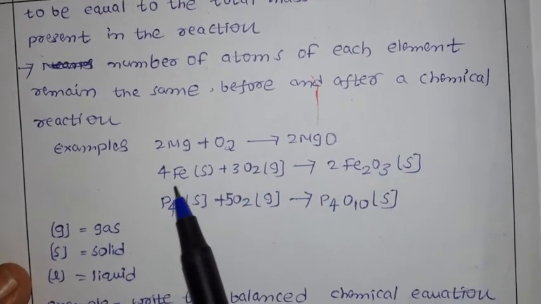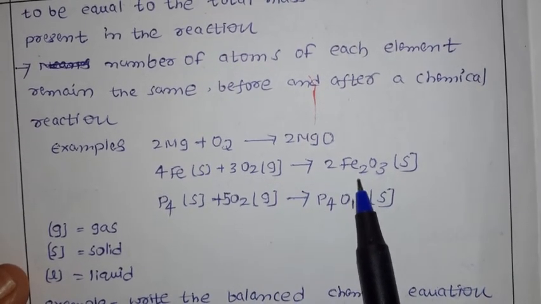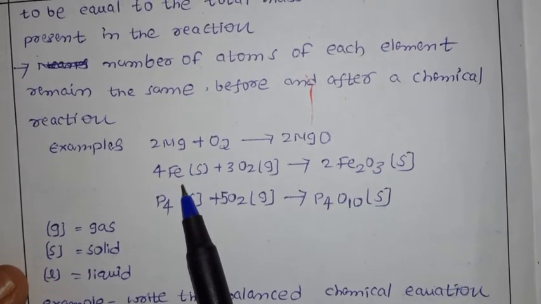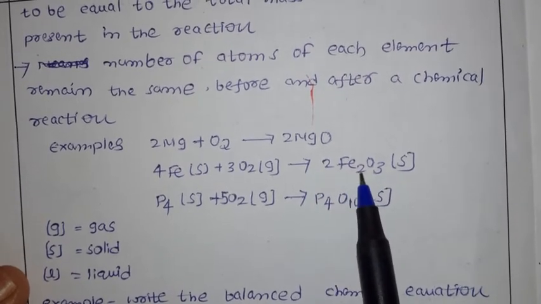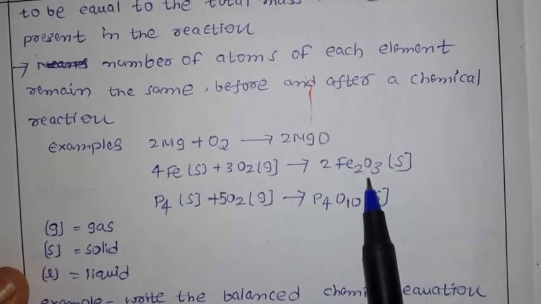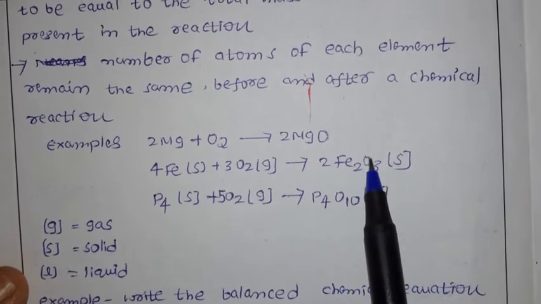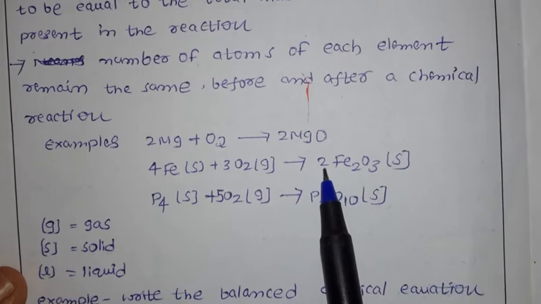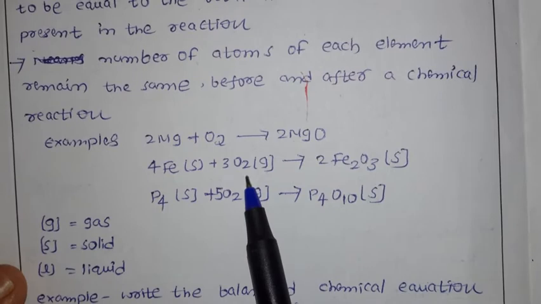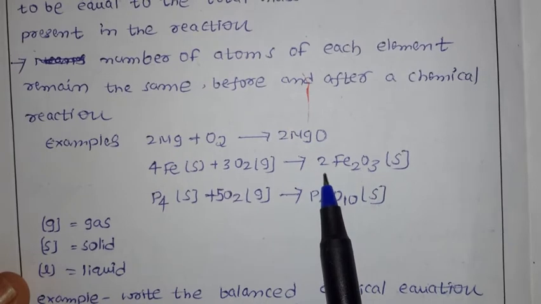Now next, 4 moles of iron plus 3 moles of oxygen molecules gives rise to 2 moles of Fe2O3. Now if you see the atoms here, on the reactant side we have 4 iron atoms. On the product side also we have 4. Why? Because here we have the subscript 2, and 2 into 2, multiplied with the coefficient 2, how many atoms are there? 4. Now on the reactant side we have 6 oxygen atoms. Now come to the product side. Here we have O3, but how many moles? We have 2. So 2 into 3, how much? 6. So on both the reactant side and product side we have 6 oxygen atoms. So it is about the balanced chemical equation.